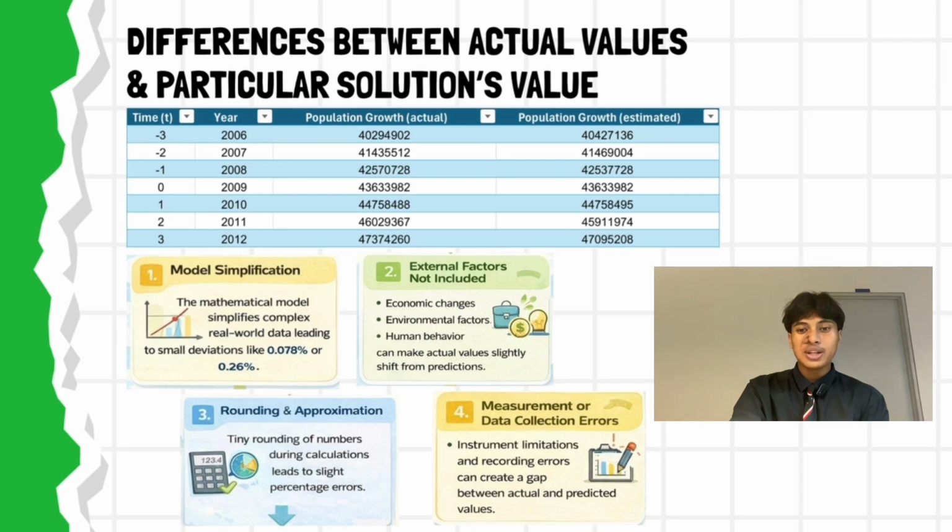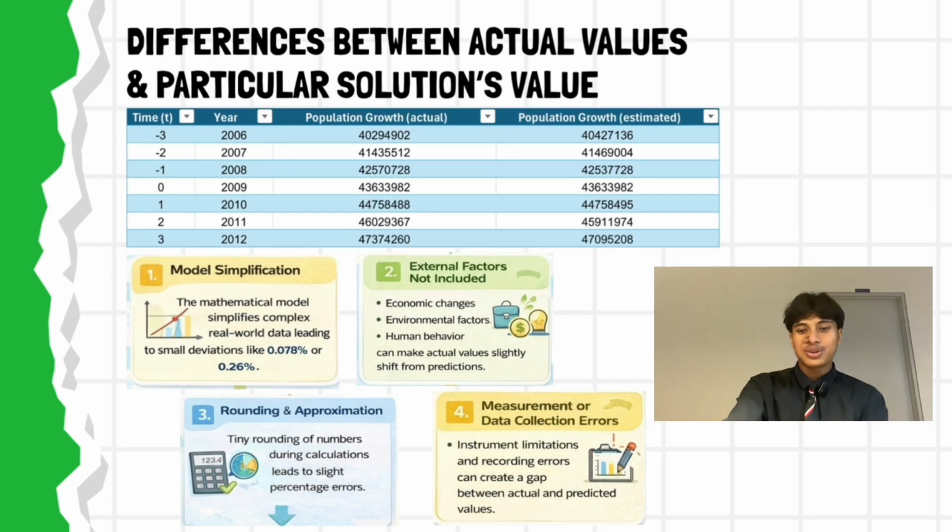So the second reason is the external factors that are not included in our slides. For example, economic changes, environmental factors, and human behavior. These factors can make actual values slightly shift from predictions. The third reason is the rounding and approximation. Tiny rounding of numbers during calculations leads to a slight percentage error. And lastly, the fourth reason is the measurement or data collection errors. The instrument limitations and recording errors can create a gap between actual